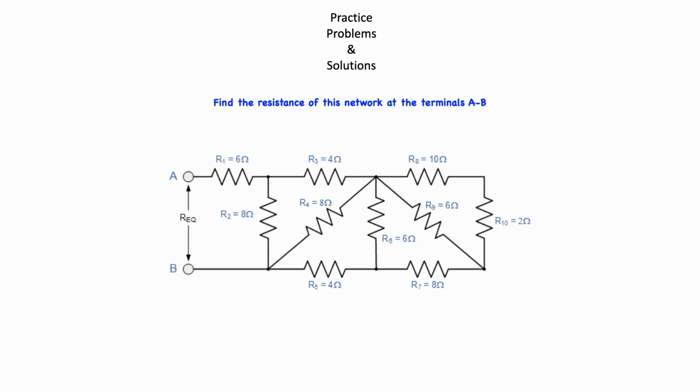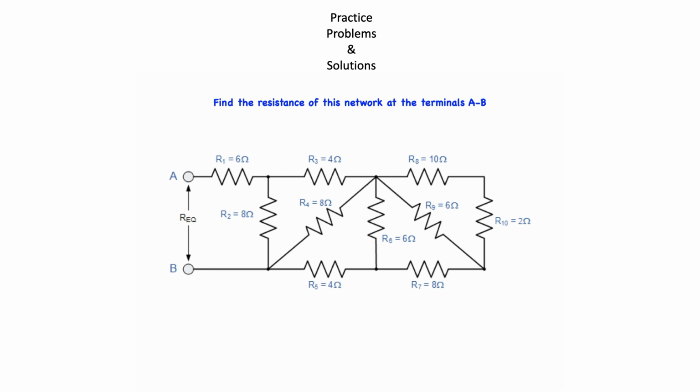Our task will be to find the equivalent resistance of this network at the terminals A, B. At first glance, this resistor ladder network may seem complicated, but it is just a combination of series and parallel resistors connected together. Starting from the right-hand side and using the simplified equation for two parallel resistors, we can find